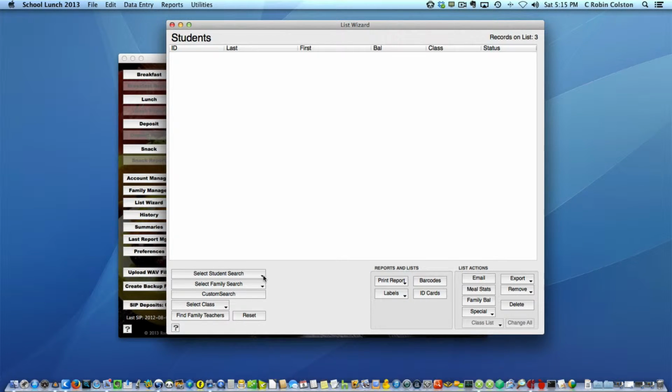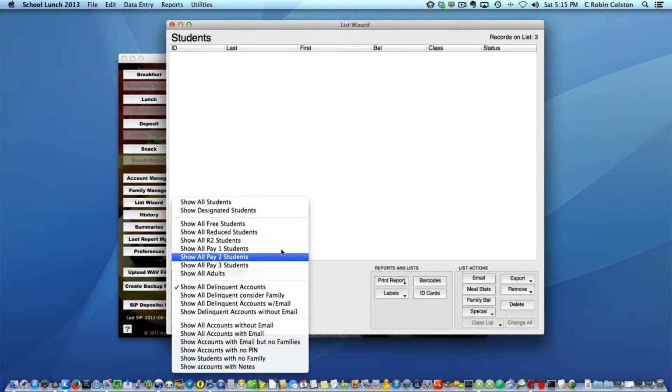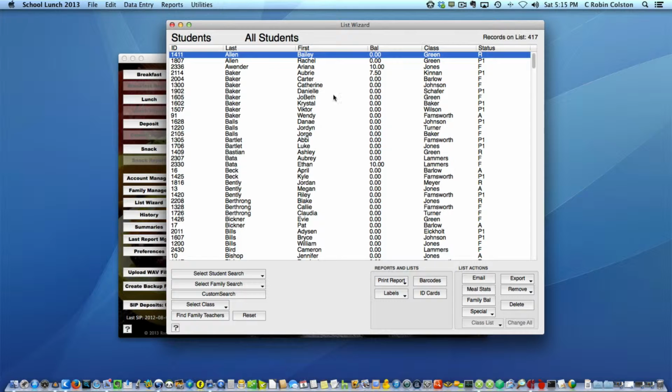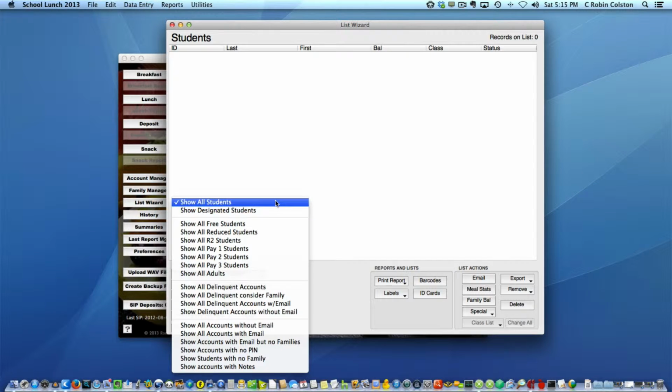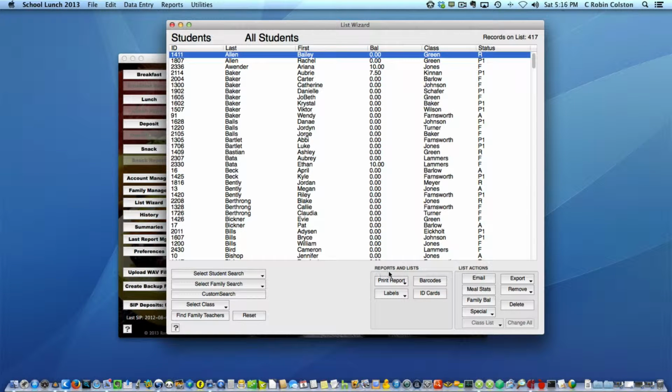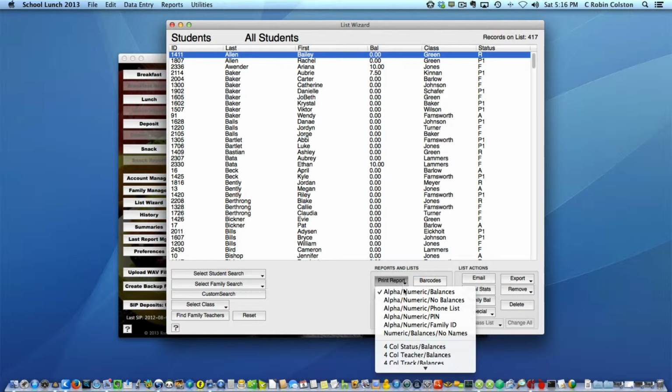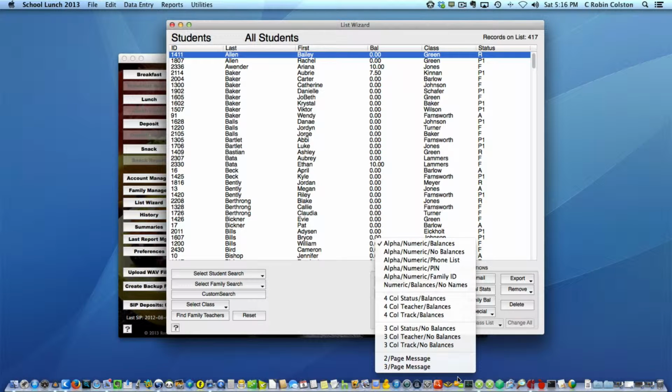I am going to go ahead and pull up all my students, show all students, and use these individuals to perform reports and lists, for the sake of showing you how reports and lists work. So under this print report drop-down menu here, we have a bunch of different pre-templated lists commonly used to track student information. For example, alphanumeric PIN is going to give you the student's name, student's ID number, and